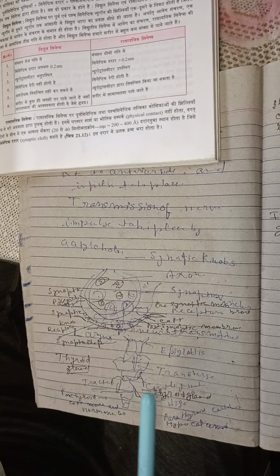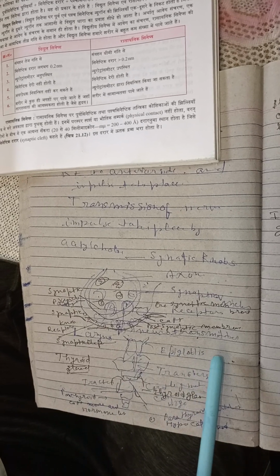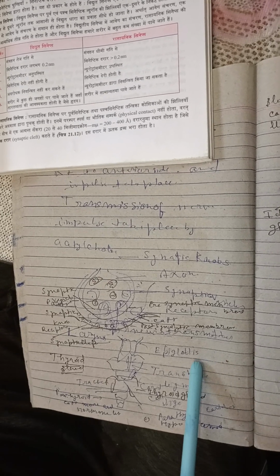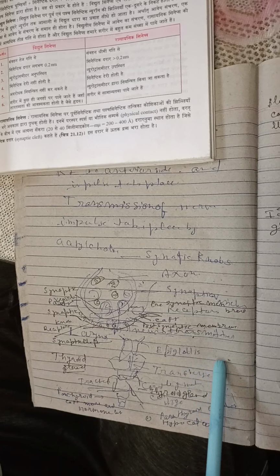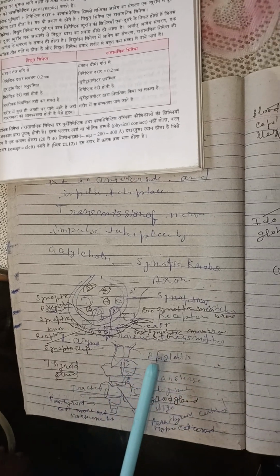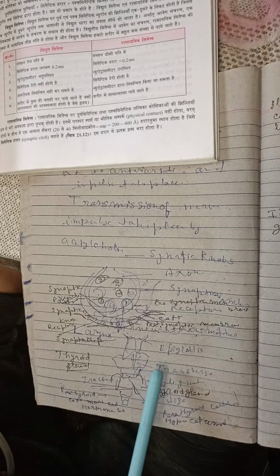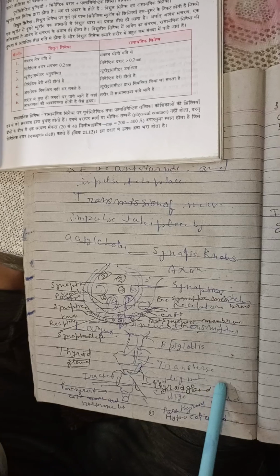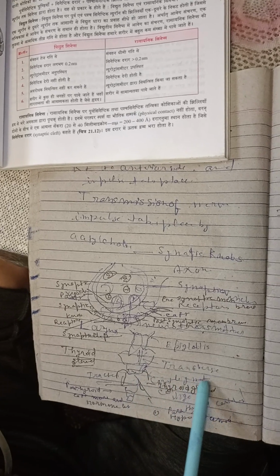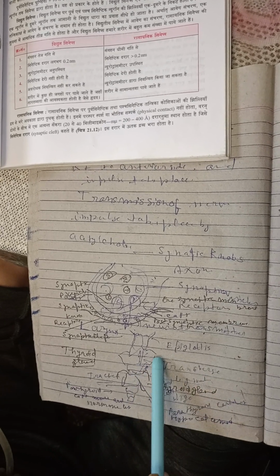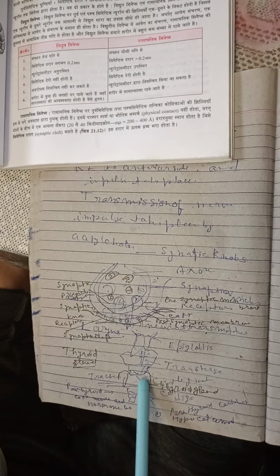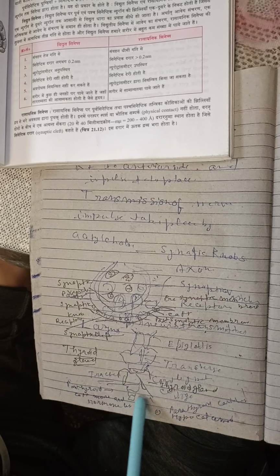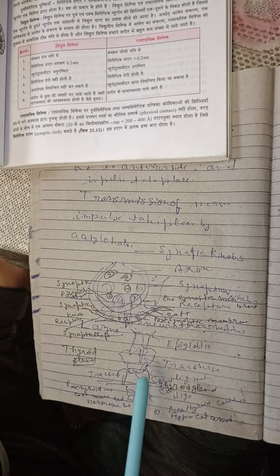Now we proceed to the endocrine glands, those glands which produce hormones. The hormone is produced and transmitted through a ductless gland, so it is called an endocrine gland. First of all, this gland is called the thyroid gland. The thyroid gland is located below the epiglottis. Then there is a transverse ligament, and there is a structure that is called